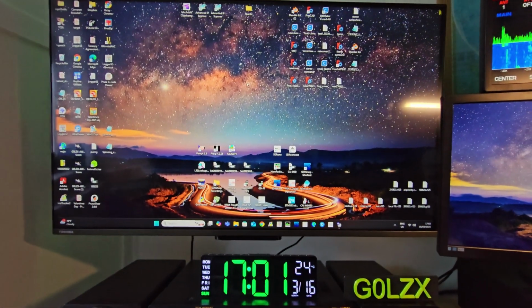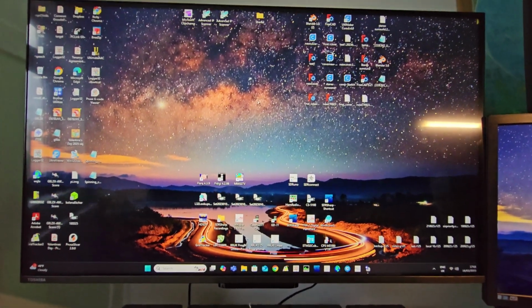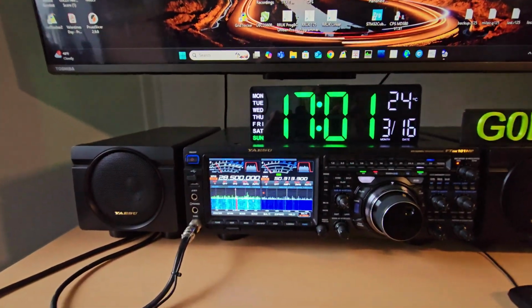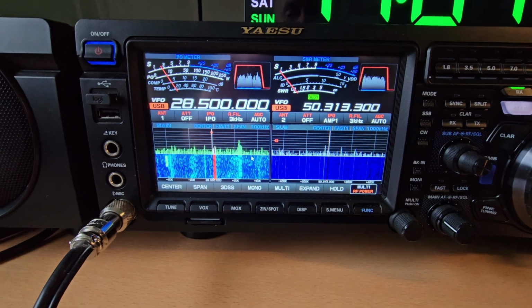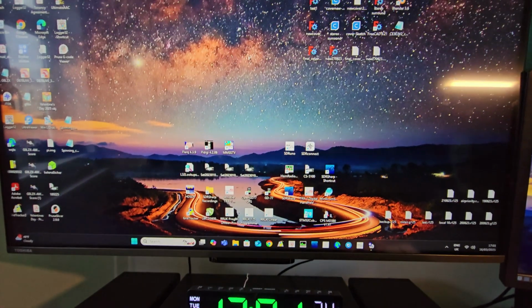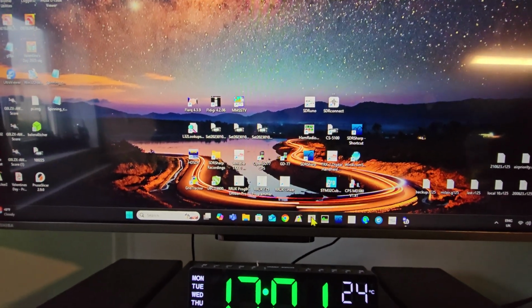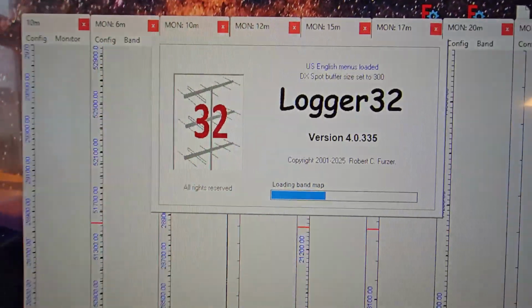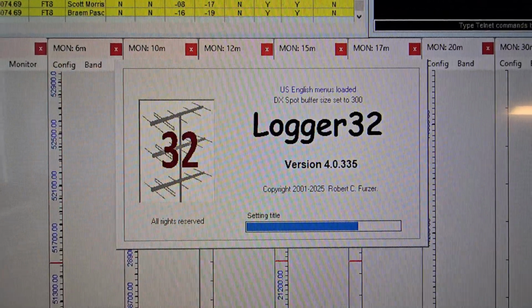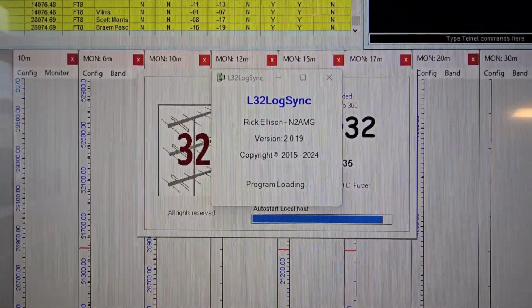Anyway, the software I use, Logger32. So the radio is on 28500, the other side is just on 6 meters. So I boot the software up, this little icon at the bottom, it brings up Logger32. When that populates,